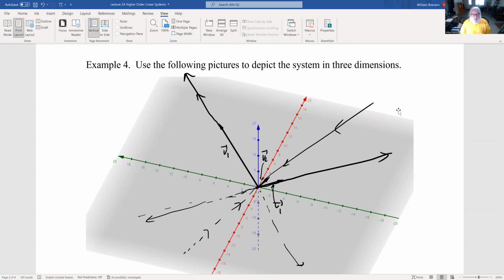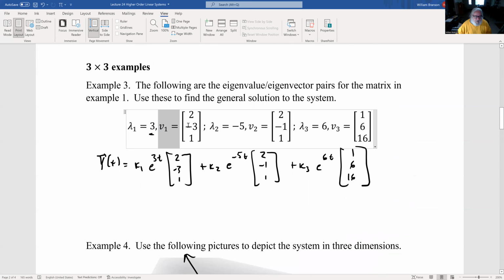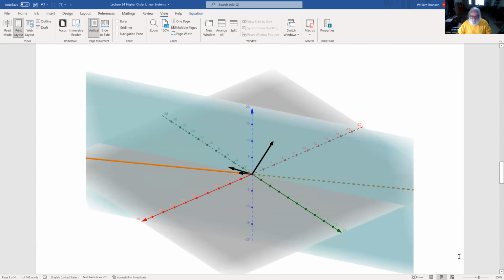But what's going on for the rest of the plane? That's a little bit trickier to look at. What we can do is say v1 and v3 are both positive eigenvalues. So in the plane that is spanned by v3 and v1, what we really have is a source, right? Lambda 1 equals 3, lambda 3 equals 6. And then we have a third dimension along v2 where lambda 2 is -5. That's where we're going towards 0. So here, this blue plane,